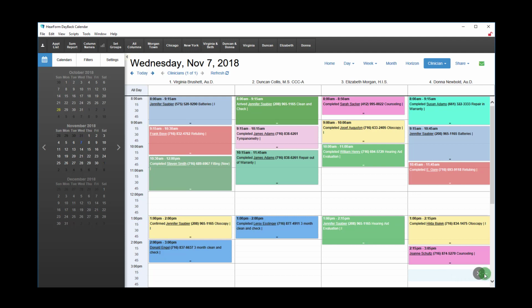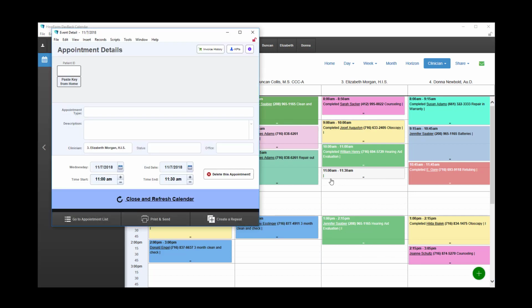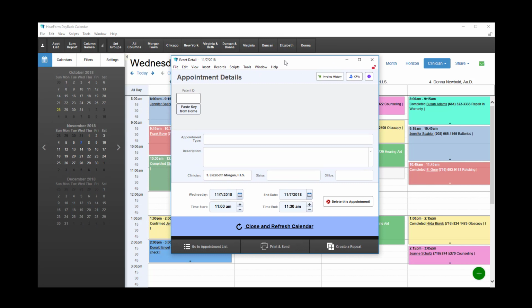Maybe you can see me moving that. And I'm going to drop that on top of, I haven't done it yet. Once I drop it, it'll take about 2 seconds, but I just wanted to show you I'm dropping it right here at 11 o'clock for Elizabeth. It takes about 2 to 3 seconds to pop up this little event detail window, which I'll slide into the